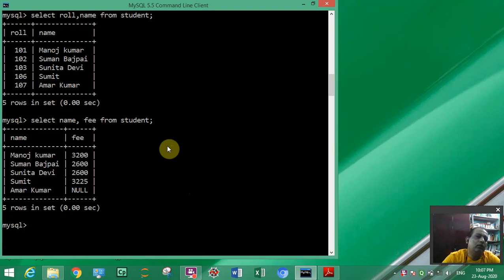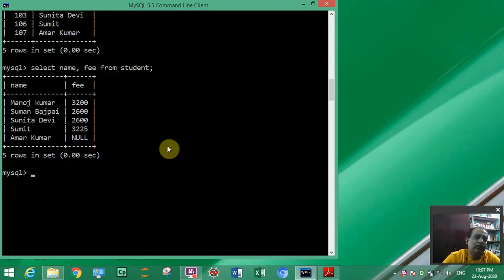Next thing of select is how to display something from the table on the basis of a given condition. In this select, I did not apply any condition.